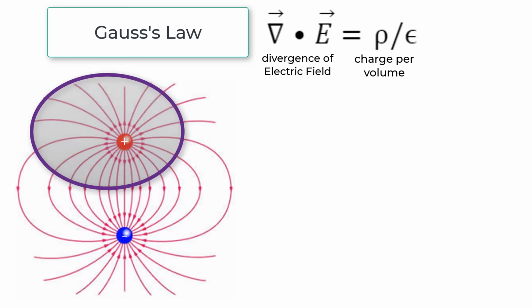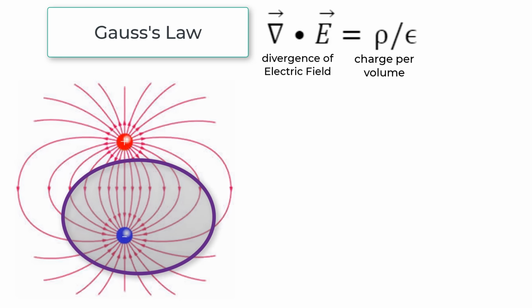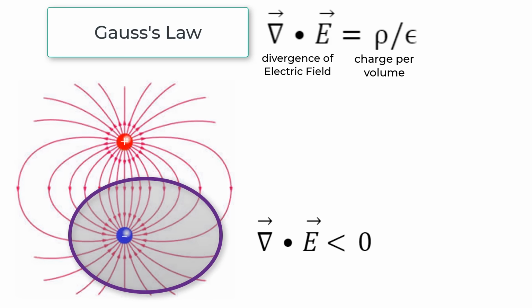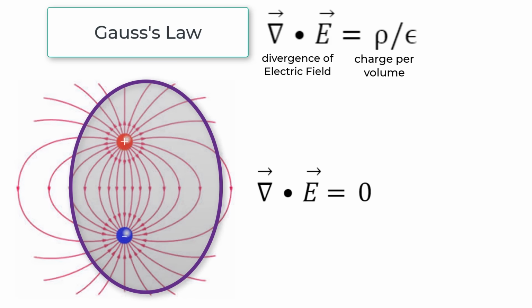What's much more important is what this equation is saying, which is if you have a volume with more positive charges than negative, then the divergence of the electric field will be positive, and more lines of force will emerge from the surface around that volume than enter it. If you have more negative than positive, then the divergence is negative, and more lines will enter the surface. If the volume has equal amounts of negative and positive, then the total number of lines entering equals the lines exiting, and the divergence is 0.